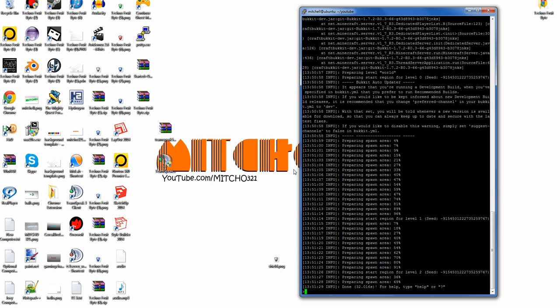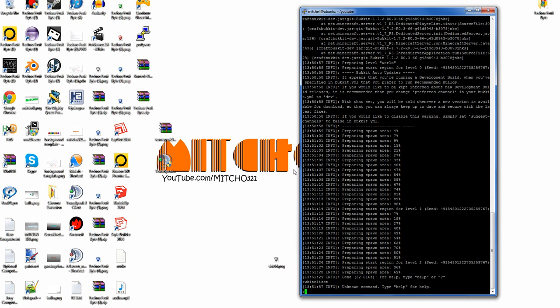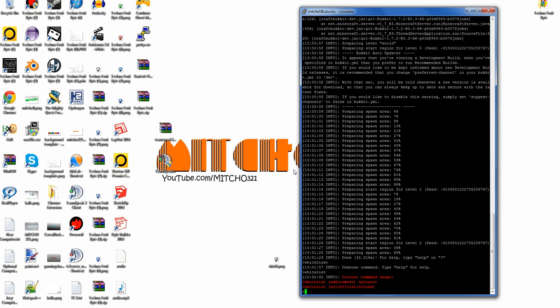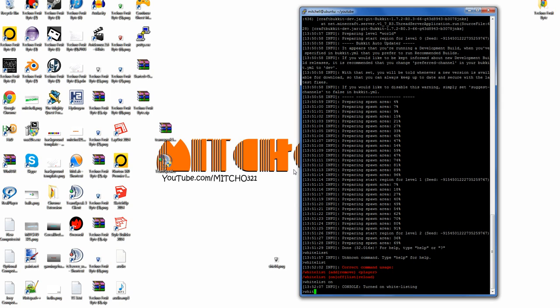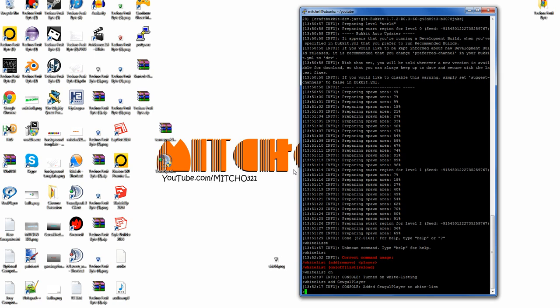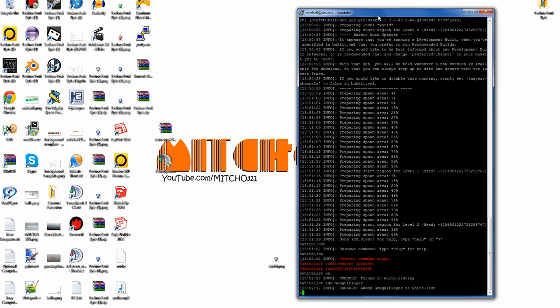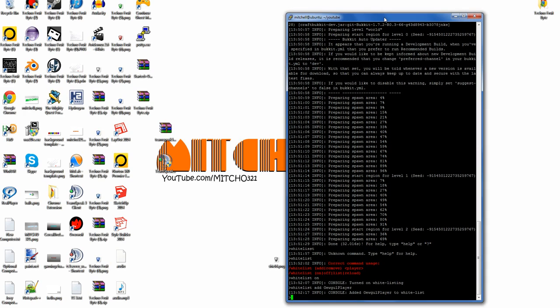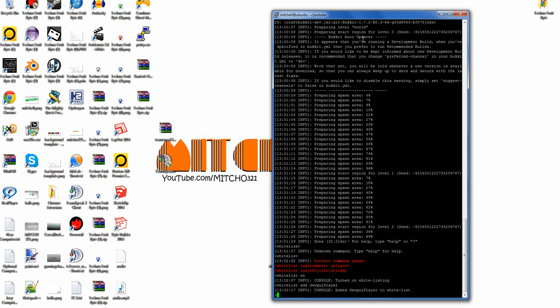But still, if I want to enable whitelist, done. Whitelist on or off. Just on. Whitelist add, and I'll add my name. Done. That'll add to the whitelist. You can also op. This is a Minecraft server, and if you've never used a server on PC before, I don't know how you managed to install Ubuntu, but